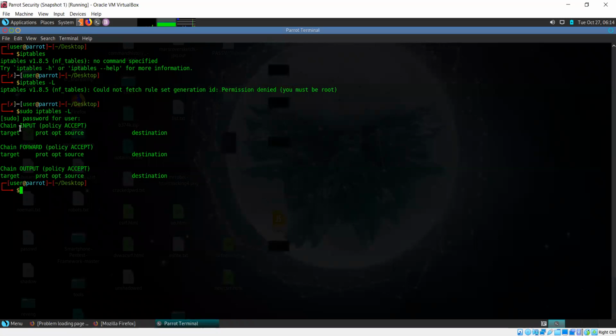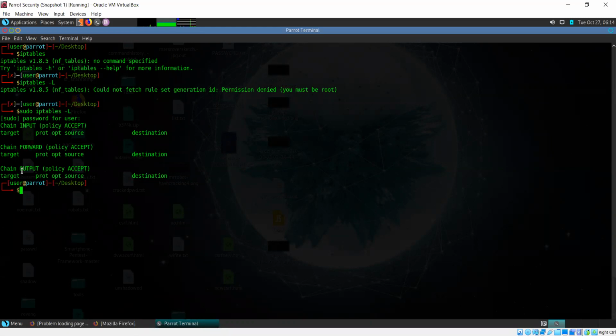These are the rules for input. This is the input chain. Currently there's nothing configured. The input chain is for all the packets that are coming to your device. Your device is the destination. So for all such packets, the input rules would apply. Forward means that your device is not the destination, but it's just on the path of the message. So the rules specified in the forward chain would apply.